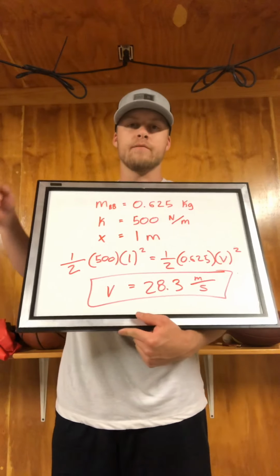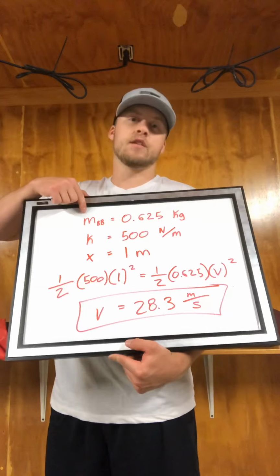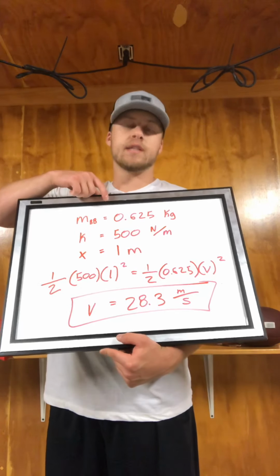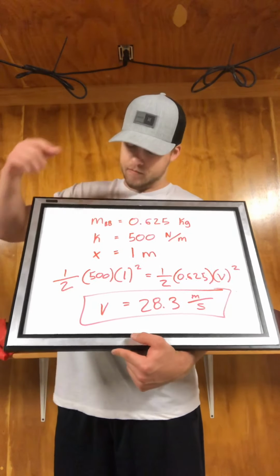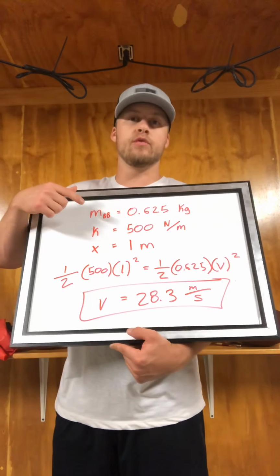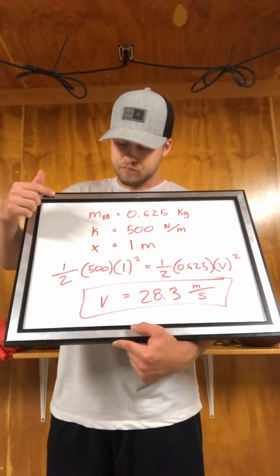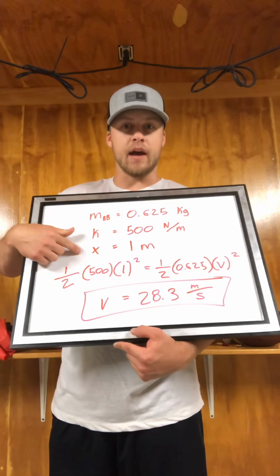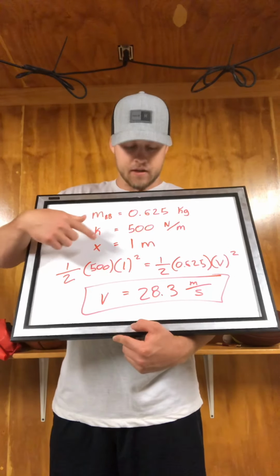Using all the equations, now let's solve for the velocity of the basketball. If we have the given information, the mass of the basketball being 0.625 kilograms, the k of the resistance band being 500 Newtons per meter, and the distance that I stretched it back, x, to be 1 meter,